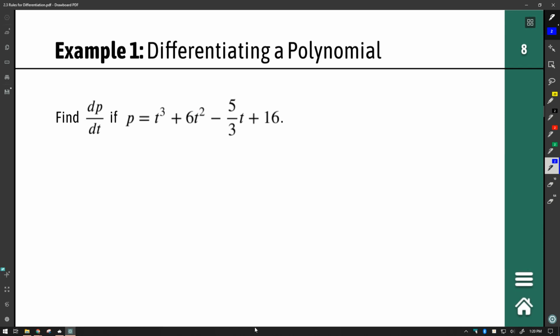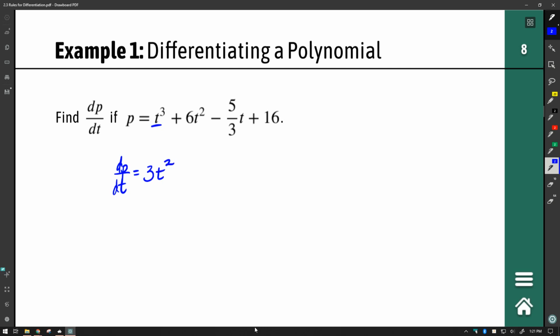Find dp dt, find the derivative of p with respect to t if p is equal to t cubed plus 6t squared minus 5/3 t plus 16. We can employ all of the rules that we learned previous to this slide and say that the derivative of p with respect to t, dp dt, is equal to, first term, t cubed, that derivative by the power rule would